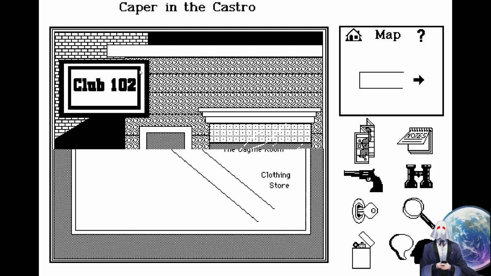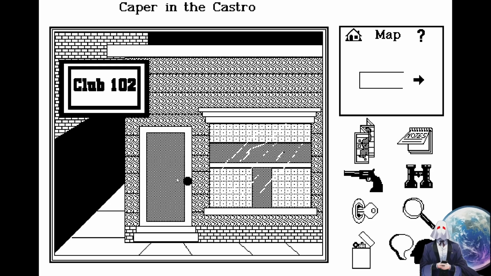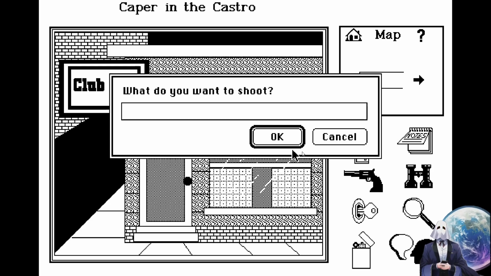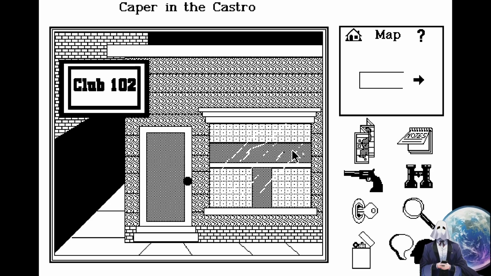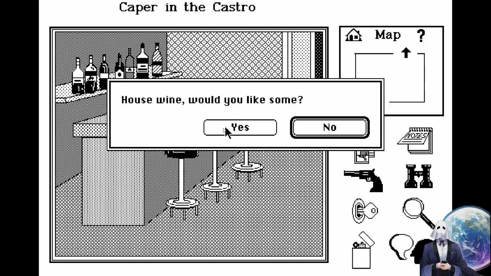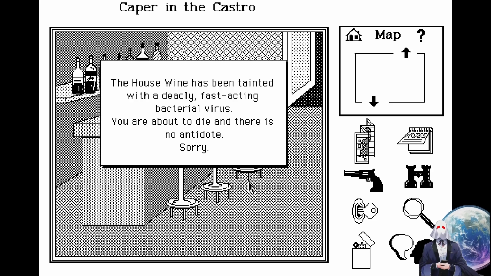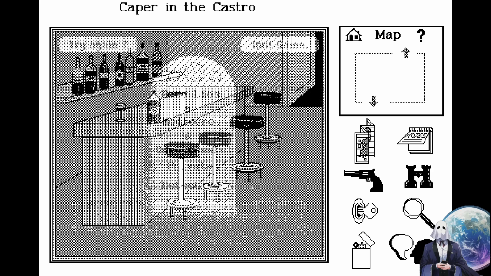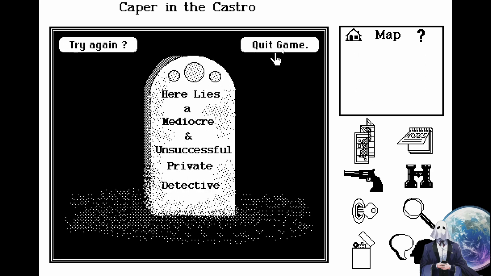I'm gonna try to find a walkthrough for some of it. So, I couldn't shoot the door. But, apparently, I can shoot the windows. Sure, I'll take some wine. Oh, it had a vast stack. Oh, I died. Alright. Try again.